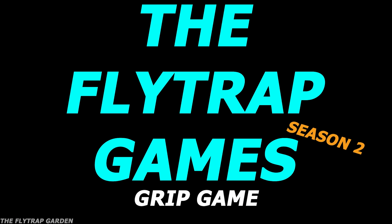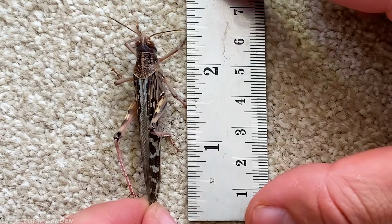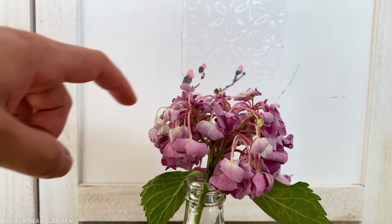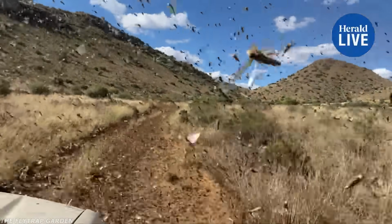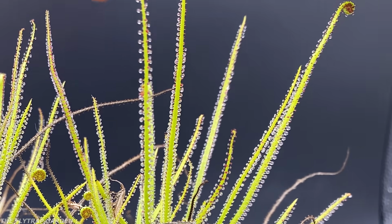The second event of the Flytrap games, where we're searching for the deadliest carnivorous plant. Our first bug is a fully grown locust. Their powerful back legs are stronger than iron, which they use to launch themselves away from predators and into the air, where they then fly up to 90 miles per day. But could these strong legs help it escape from one of the stickiest and slimiest carnivorous plants in the world,